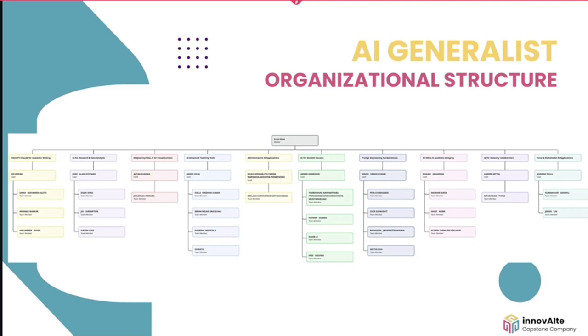Hello, my name is Arun Sharma, and I'm one of the sprint leads for AI Generalist project. In this section, I will walk you through each focus area and what the teams have worked on throughout the trimester. There are 10 different focus areas, each contributing to research and development of AI tools.